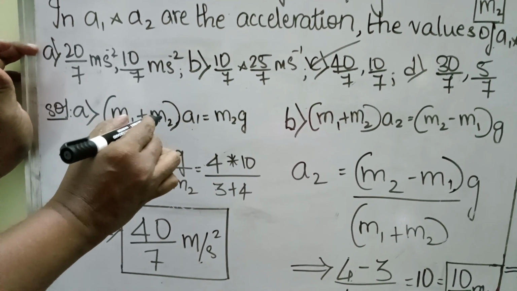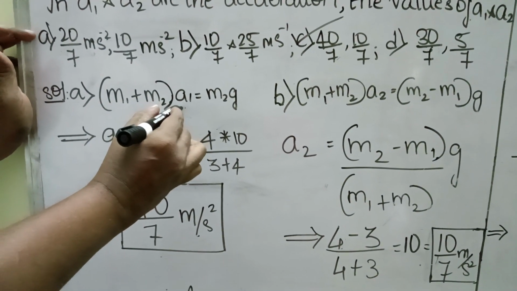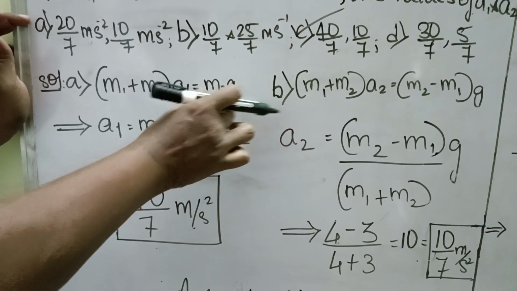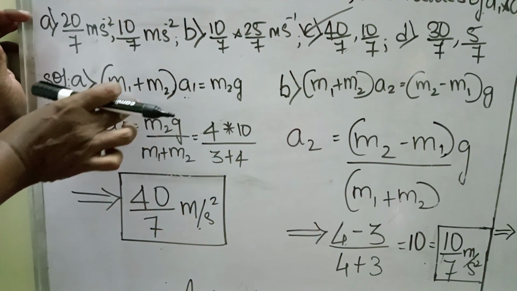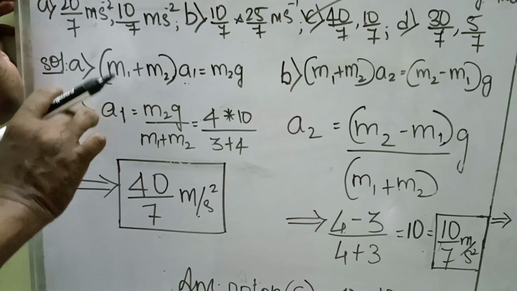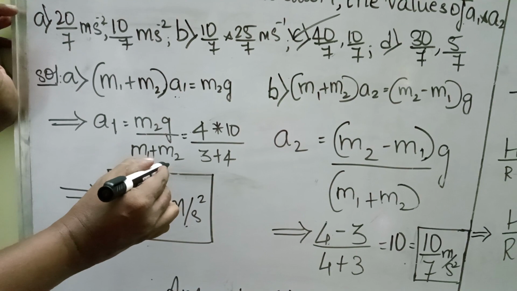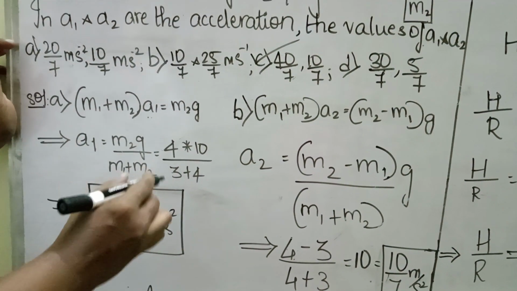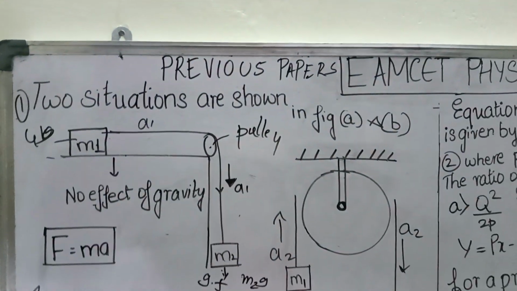So we get m1 plus m2 as they are moving with an acceleration a1. m1 plus m2 into a1. This is because of the force m2 into g. So this is called balancing of the forces, gravitational force, and this is accelerating force. So from this we can write a1 is equal to m2g divided by m1 plus m2. In the problem it is given the masses